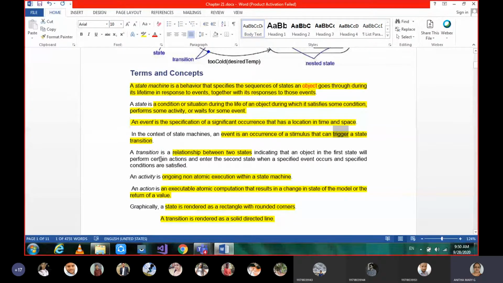So that's why we call the connection between the states a transition, which indicates a relationship between two states, indicating that an object in the first state will perform certain actions and enter the second state.